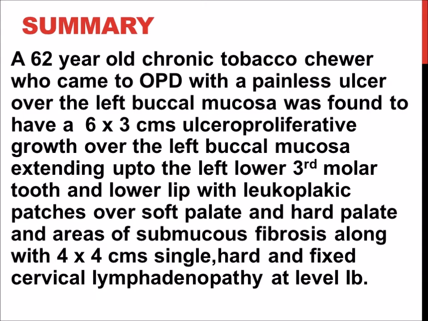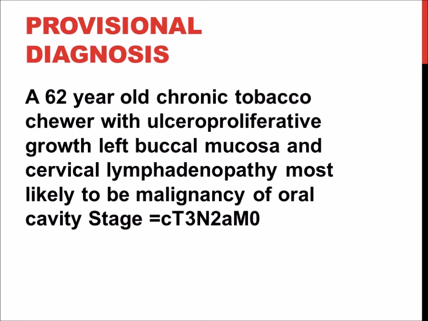So a summary: 62-year-old chronic tobacco chewer who came to the OPD with a painless ulcer. Left buccal mucosa was found to have a 6 by 3 centimeters ulceroproliferative lesion, growth over the left buccal mucosa extending up to the left lower third molar tooth and lower lip with leukoplakic patches, submucous fibrosis, and 4 by 4 centimeters single hard fixed cervical lymphadenopathy at level 1B. A 62-year-old chronic tobacco chewer with ulceroproliferative growth of the left buccal mucosa and cervical lymphadenopathy, most likely a malignancy of the oral cavity, stage